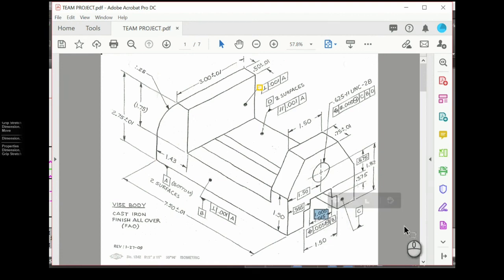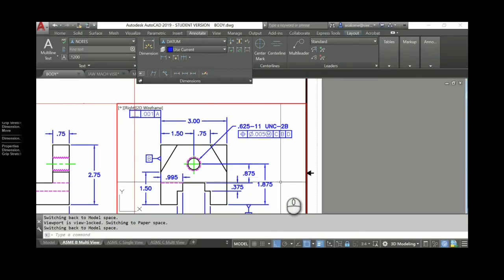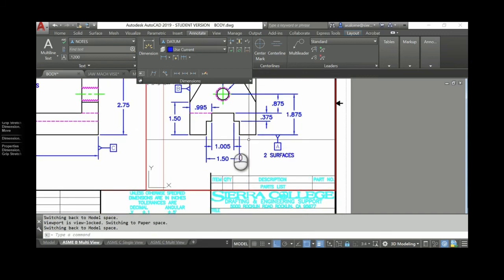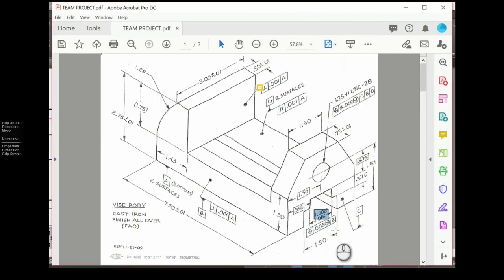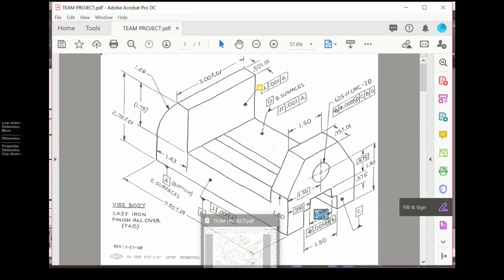Okay, now that appears on my right side view. Okay, we've got a problem here. First of all, this doesn't have its tolerance yet. So let's go make sure that it gets its tolerance. It should be 1.005 to 1.015.